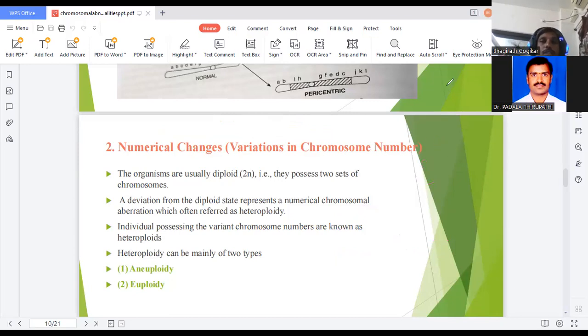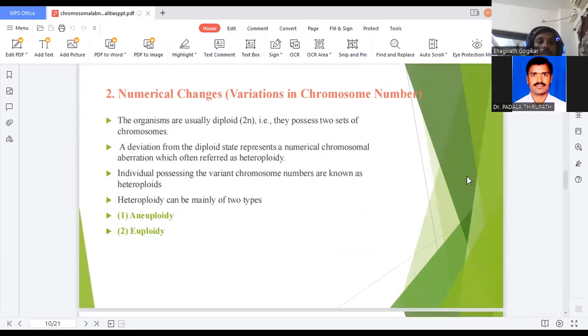So this is about structural changes in the chromosomes. Next, we can go for numerical changes in the chromosomes. Numerical changes means changes related to the chromosome number only. In the earlier case, we discussed structure, but now we will discuss number. Normally, every organism is diploid. They possess two sets of